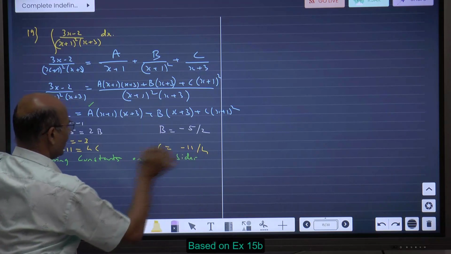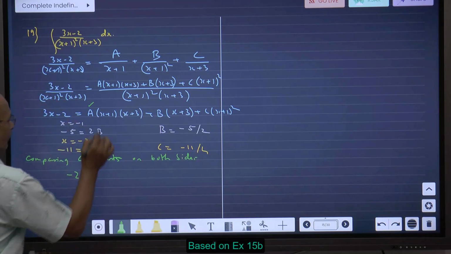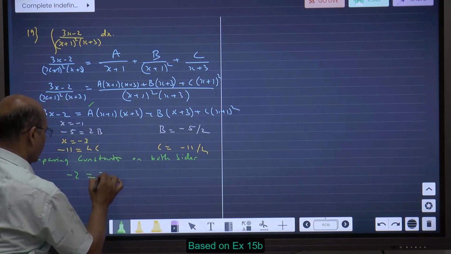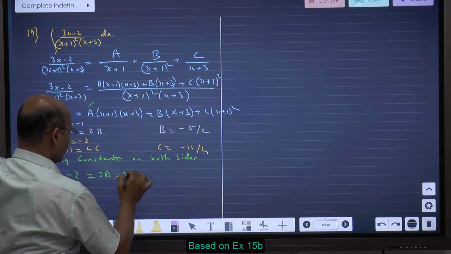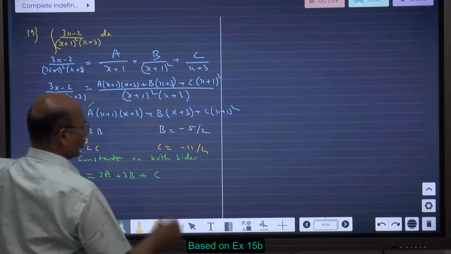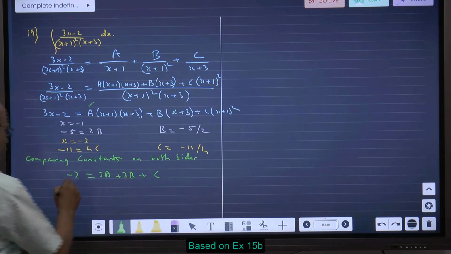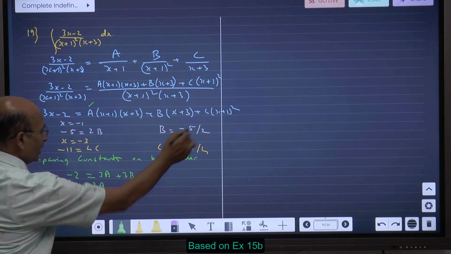My idea is just to find a, b, c. What is the constant on the left hand side? Minus 2. What is the constant if I open up? Just see, 1 into 3, 3a, 3b and 1c. I already have the b and c values. Put them in this and try to find the value of a. So minus 2 is equal to 3a plus 3b